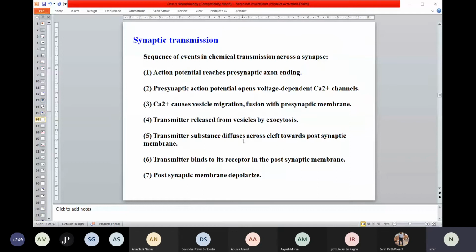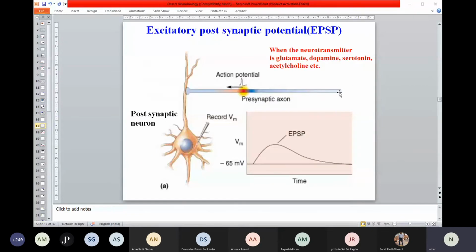Now I am explaining how it happens. Just think about this presynaptic neuron is firing. So there is an action potential. It's coming at the end of this tip. That's the presynaptic end. That's where your synapse is. So now at the end, in the synapse, it will release neurotransmitter. And thereby the neurotransmitter will bind with this postsynaptic neuron and can generate an action potential in this neuron.